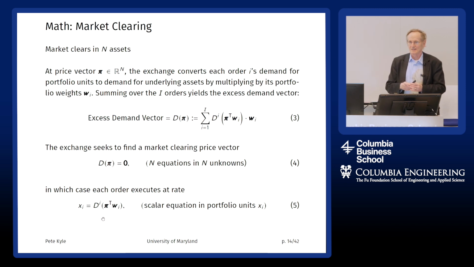If it's demands for an individual asset, you can add up all the individual demand schedules and get an aggregate demand schedule that's downward sloping for the asset that's traded in the market, and then you can just use Walrasian tâtonnement or bisection to easily find the market clearing price. But when you're trying to clear the market for 1,000 assets simultaneously when there are portfolio orders, it becomes quite complicated.